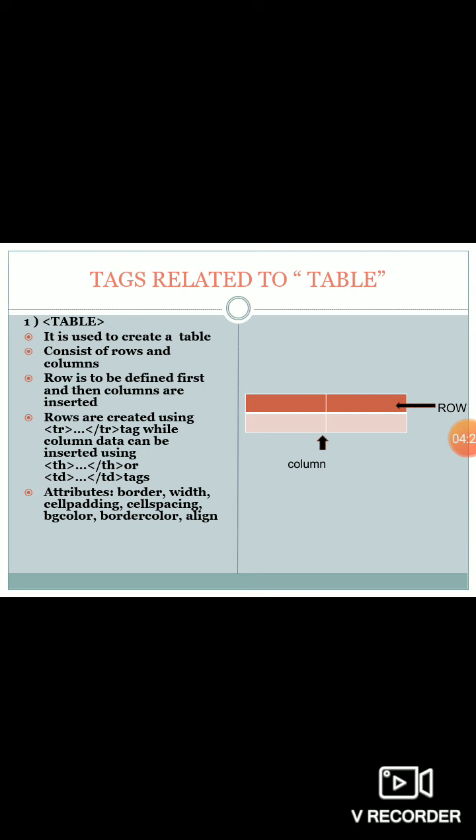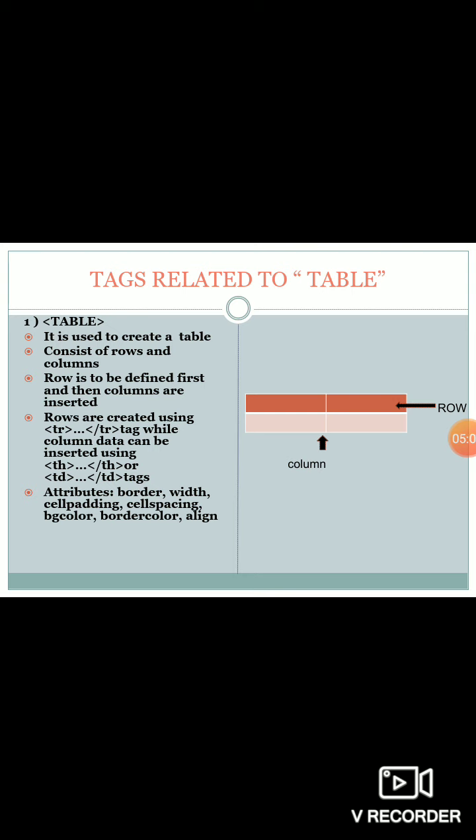Now if I want to put table, correct? So I can put certain attributes with that table. For example, I can change the particular border for the table. The border attribute is very important while drawing or while putting the table in the HTML, because without border we can't show that particular thing as a table. So either you can put border value as 1, 2, 3 or any numeric value. That numeric value is nothing but specifically thickness of that particular table.